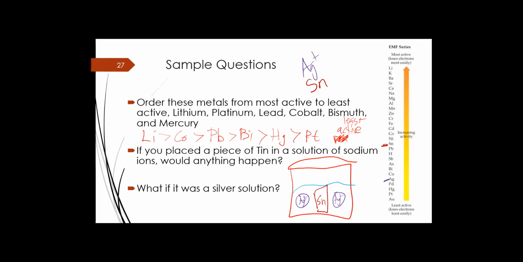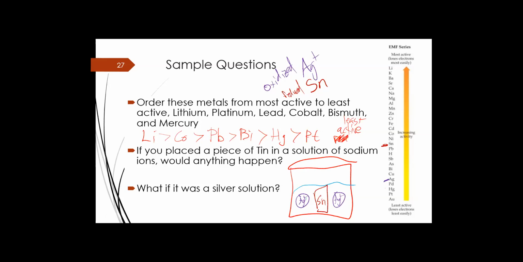And so when we look at that, now it doesn't make as much sense because the silver is in its oxidized form and the tin is in its reduced form. And so that doesn't line up with their activities. Tin should be the one that's oxidized and silver should be the one that's reduced. And so what's going to happen is instead of staying as they are, in the way that tin metal would have sat inside of our sodium solution,